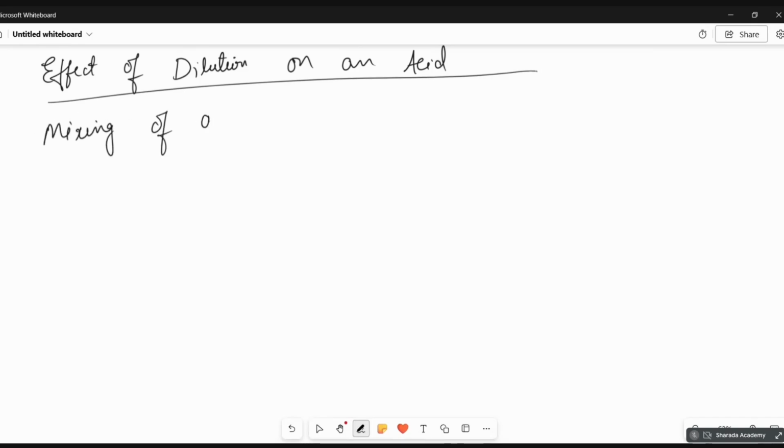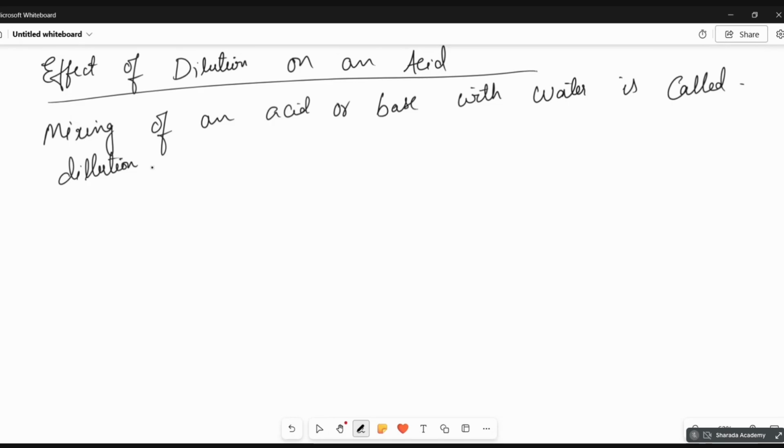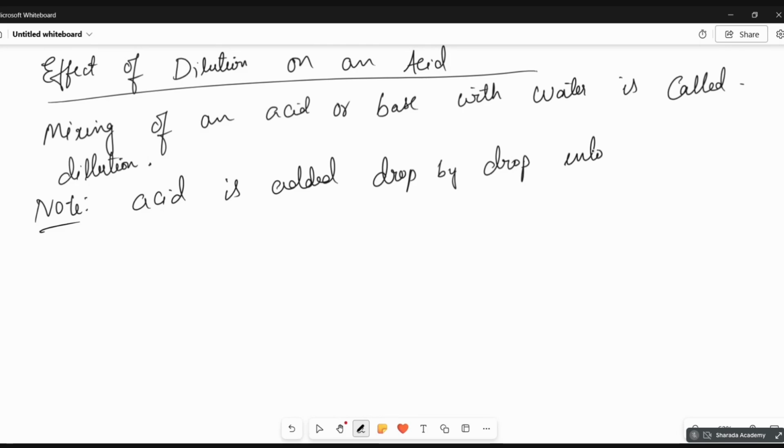Mixing of an acid or base with water is called dilution. Write a note: acid is added drop by drop into the water,